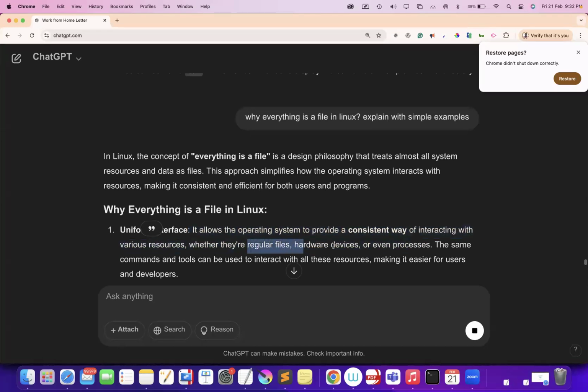Like regular files, hardware devices, and then processes. For example,